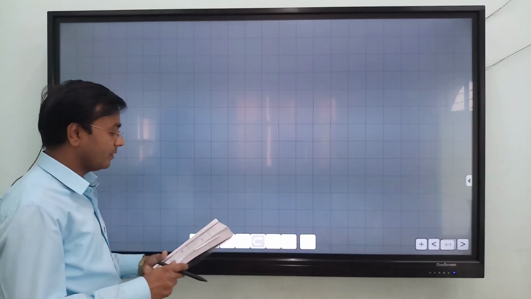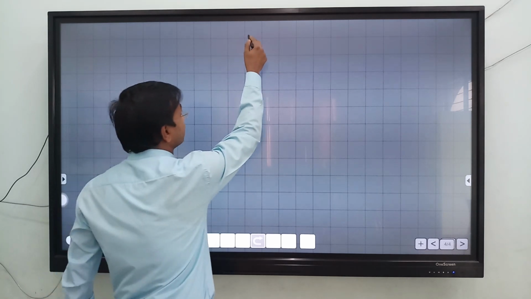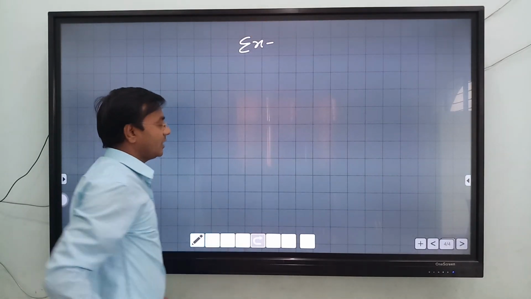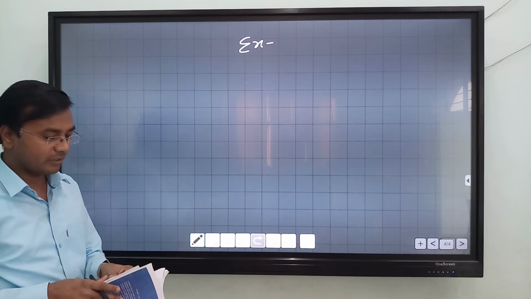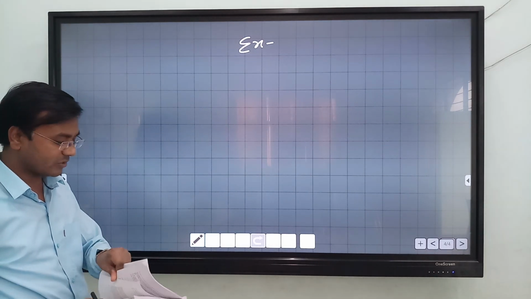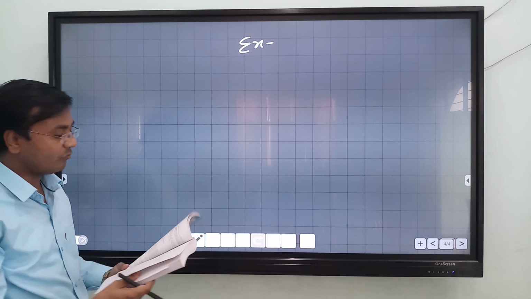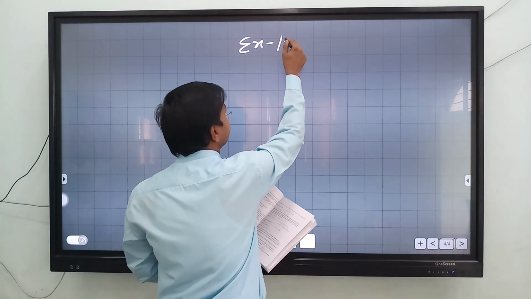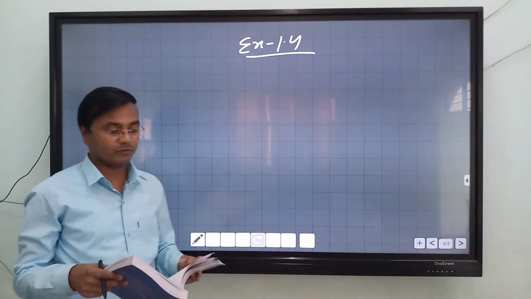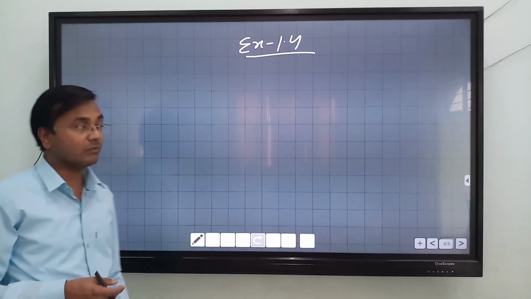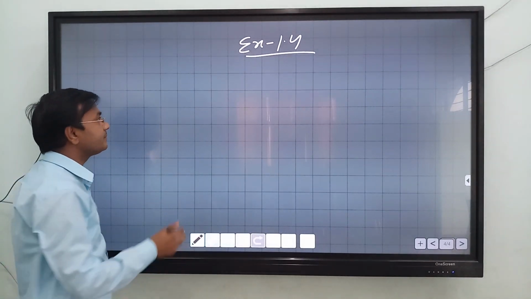And now we are showing the representation of a number on the real line or number line. So let's learn this concept also. Exercise 1.4. In this exercise we will visualize the number, right? So how? See,